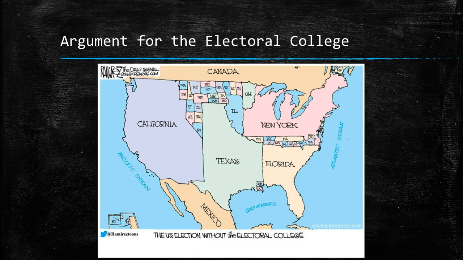However, there are arguments for the Electoral College. This political cartoon is pointing out that if you didn't have to worry about the smaller states and their Electoral College votes, many people wouldn't campaign at all in Iowa or North Dakota or South Dakota. You would just try to run up a ton of votes in Texas, Florida, New York, California, Ohio, Illinois, and get those large numbers of people, so that a candidate may actually just ignore large parts of the country